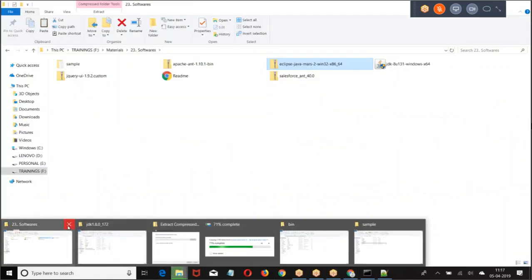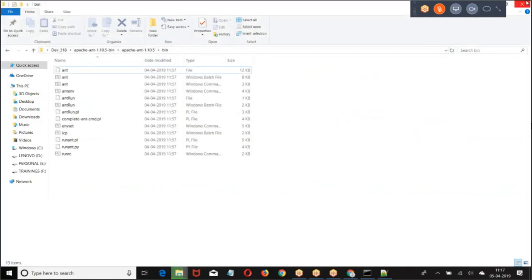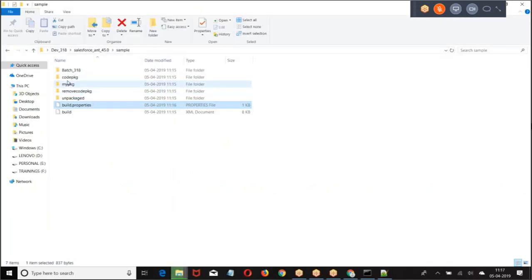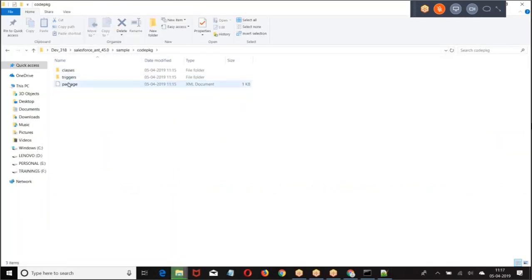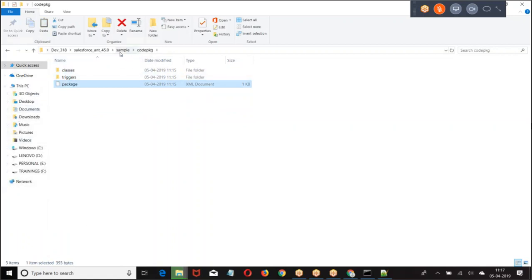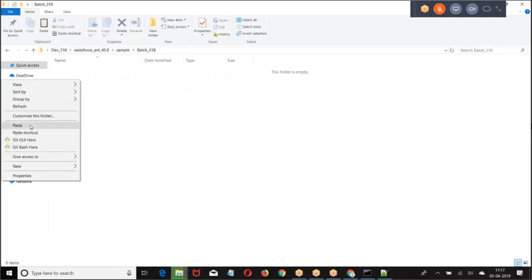package.xml. What is the package.xml? This will contain the list of elements which you want to deploy, or the list of elements which you want to fetch. So paste.